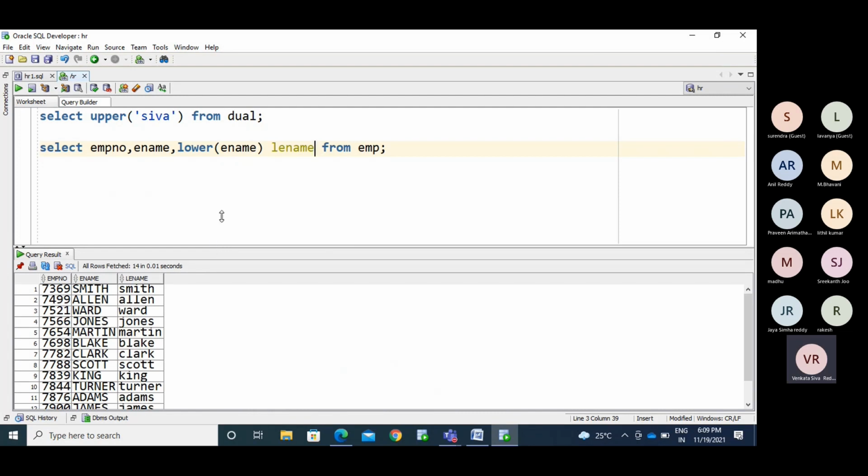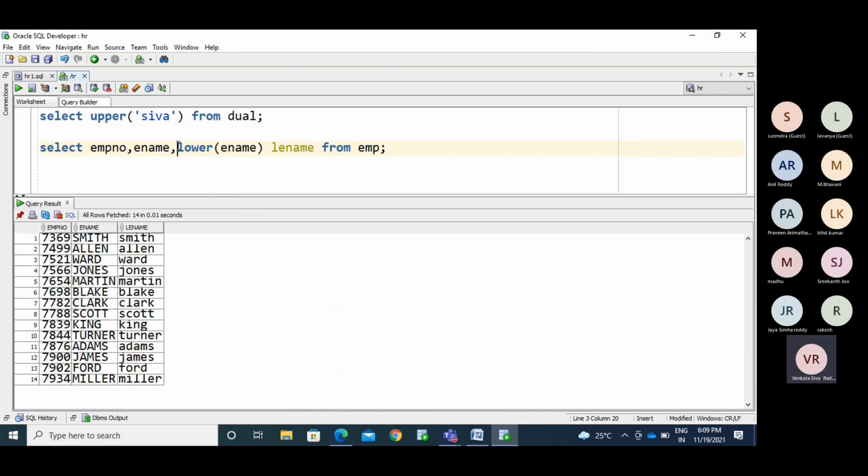Now I derived one extra column with the lower function: LE name. This is your actual value, and this is your derived column value. Now I am running this. For every row, it takes the input for that particular row and displays the output for that particular row only. So the lower function is working for this particular row itself.